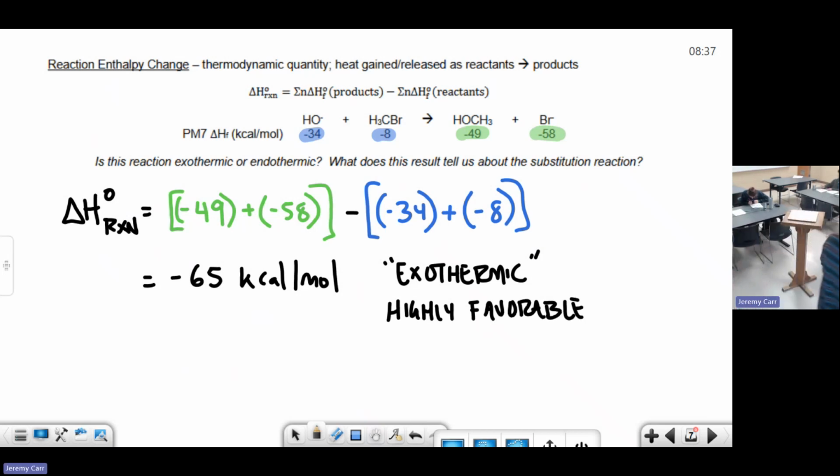So putting this all together, why does this chemical reaction happen? Number one, the hydroxide is naturally attracted to the methyl bromide, according to Lewis theory. Number two, frontier molecular orbital theory tells us that the electrons that are in hydroxide are drawn to the parking space that's in methyl bromide. And then we can also see, looking at it from a reaction enthalpy change perspective, that the reaction appears to be exothermic, which is a good thing. It's a very highly favorable process. So this is a very, very, very highly favorable reaction, and this is one way that we can go and